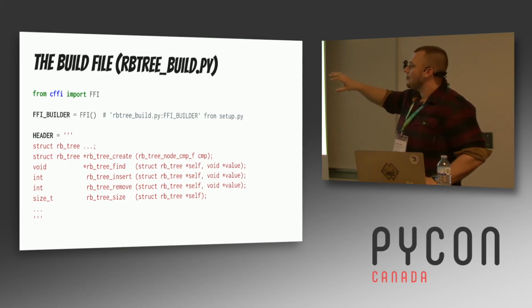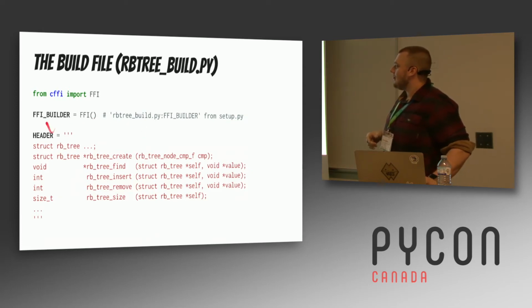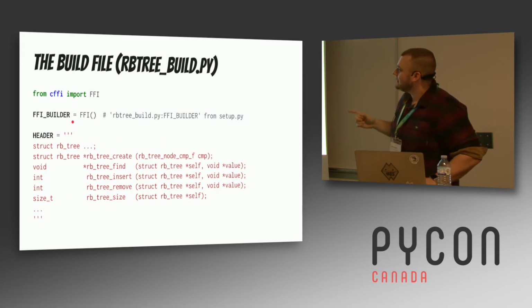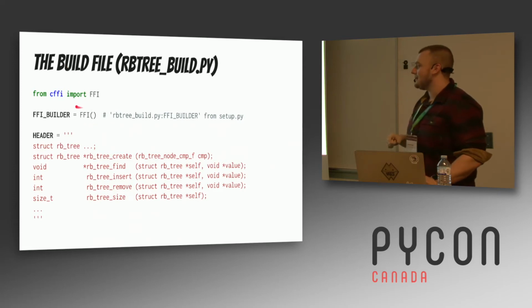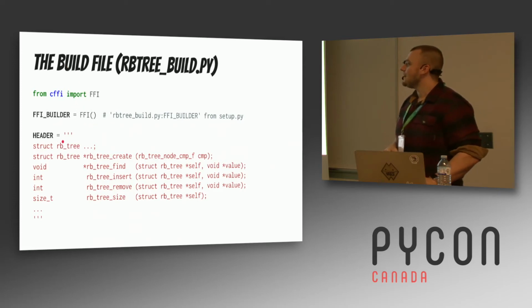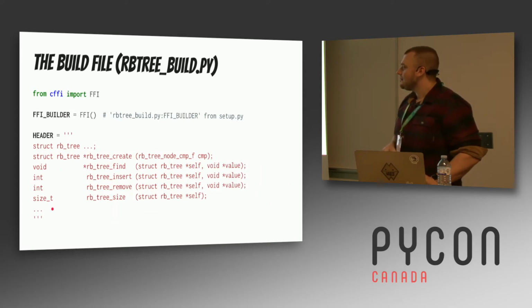You want to create an FFI builder object. In setup.py, the cffi_modules value was a string, arbitrary_build.py:ffibuilder, and that is literally a reference to this variable here. So you create this variable that's imported from CFFI. You define a C header as a string,